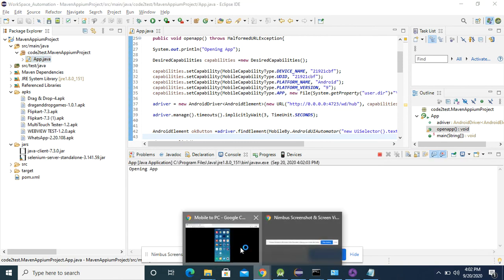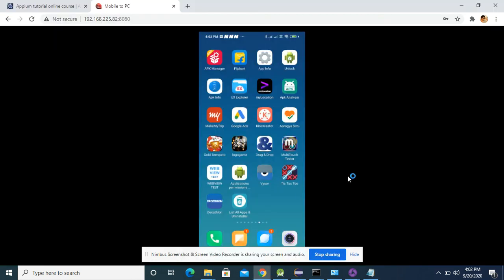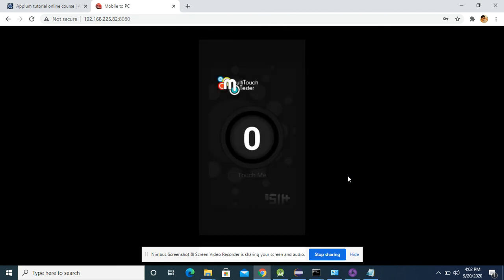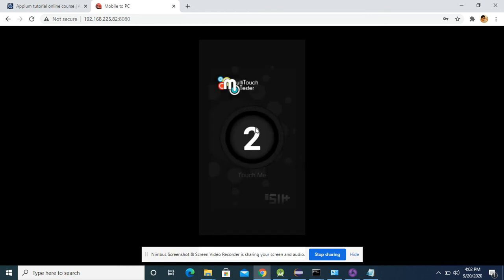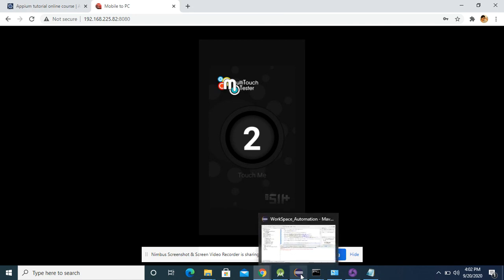Open your mobile device. Yeah, this is my mobile device, and the script should launch successfully this time, I guess. It may happen sometimes that you open your application and come up with unexpected pop-ups. You see, it got handled. It clicked the OK button. After that you can see that two touches have been performed from this location to this. It got successfully executed. So this is what the scenario was.